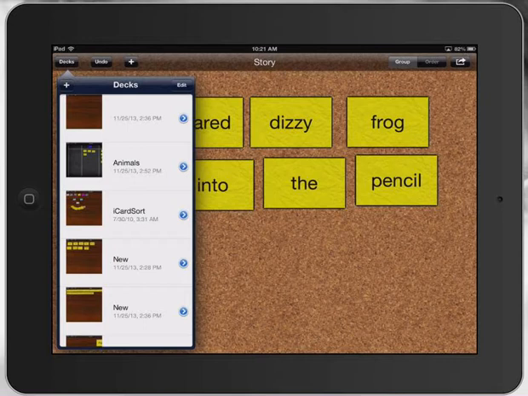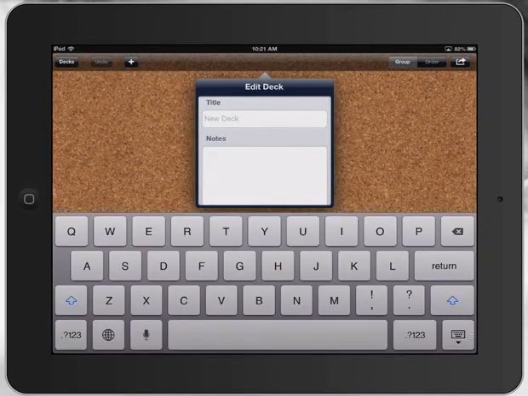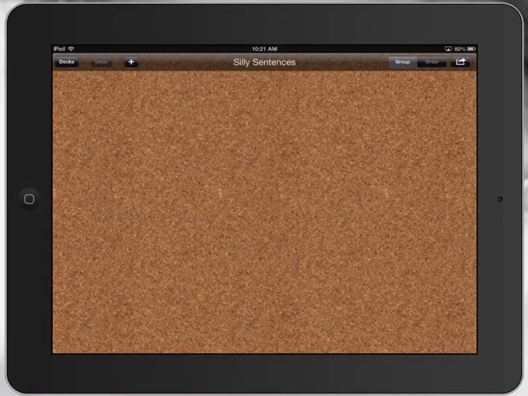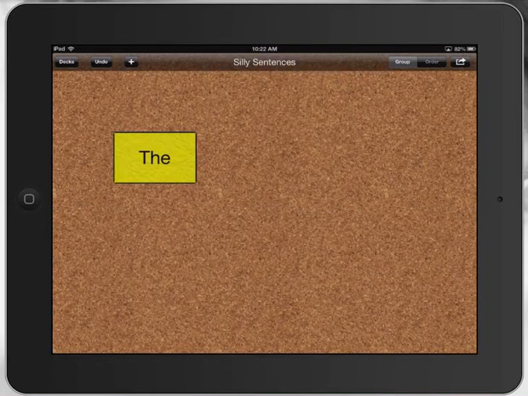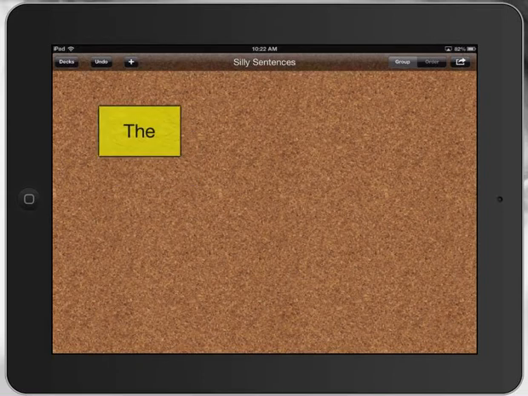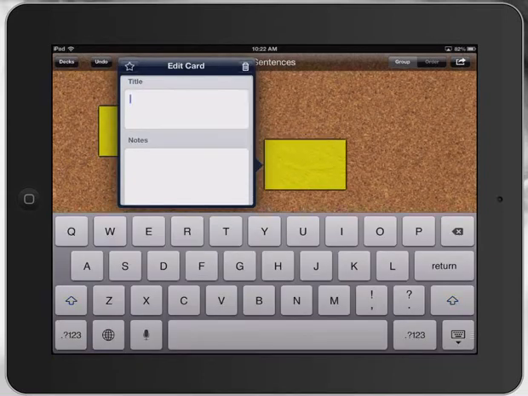I'm going to go to Decks and add plus and call this deck silly sentences. Click on the side and basically get your students to sit in small groups. It's a no talking activity, and what they basically do is double tap on the page and the first student might write "the." And then they hand the iPad to the next student and they add a word. So the next student might do "the crazy,"